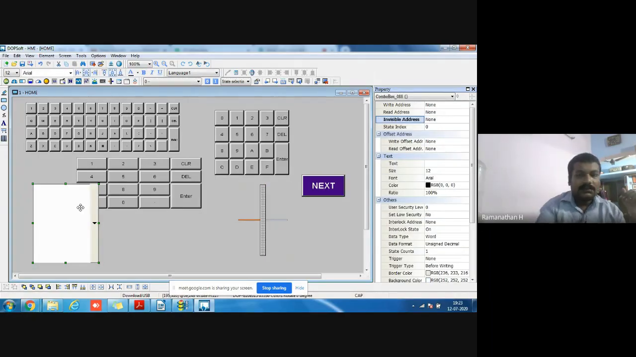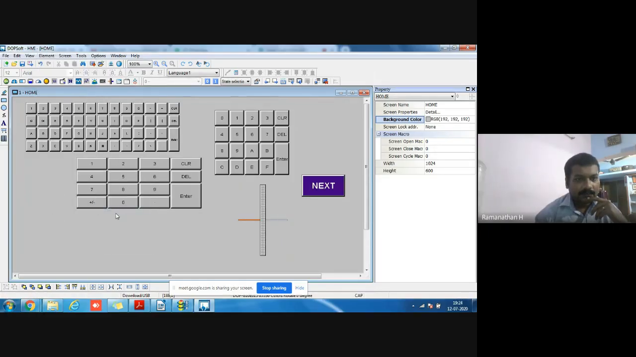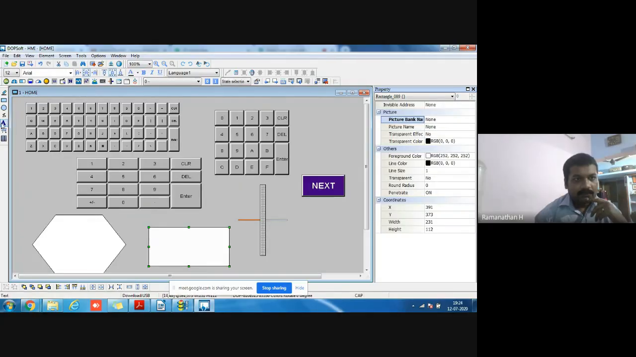yeah, list boxes, and basic shapes as a hexagon shape, or a hexagon. And if you want rectangle, here also rectangle. If you want to text something,